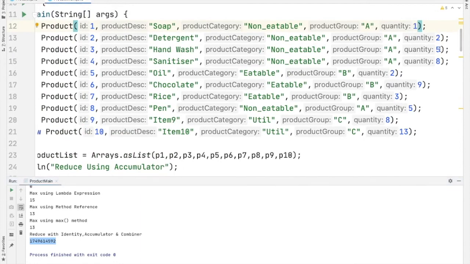I'm making it as 1, 2, 1, 2, 1, 2. Now you can see 1, 2 is repeating 5 times and the result is 2 raised to 5. So we'll run the code. We know that 2 raised to 5 is 1024.